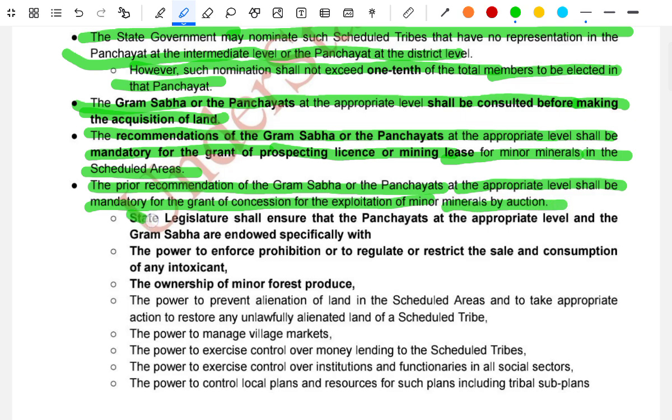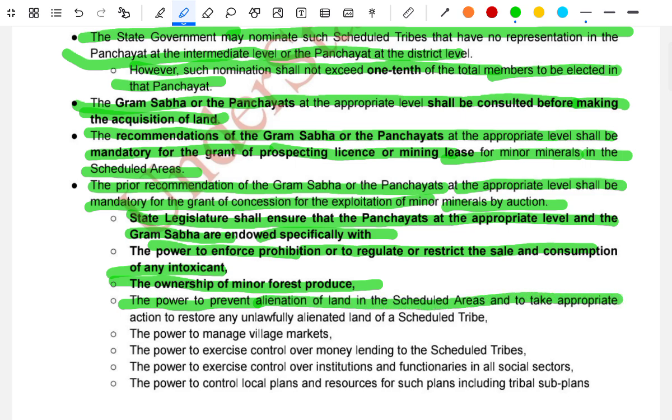The state legislature shall ensure that the Panchayat at the appropriate level or the Gram Sabha is specifically endowed with the power to enforce prohibition or to regulate or restrict the sale and consumption of any intoxicant, the power of ownership of minor forest produce, the power to prevent alienation of land in the scheduled areas and to take appropriate action to restore any unlawfully alienated land of the scheduled tribes,